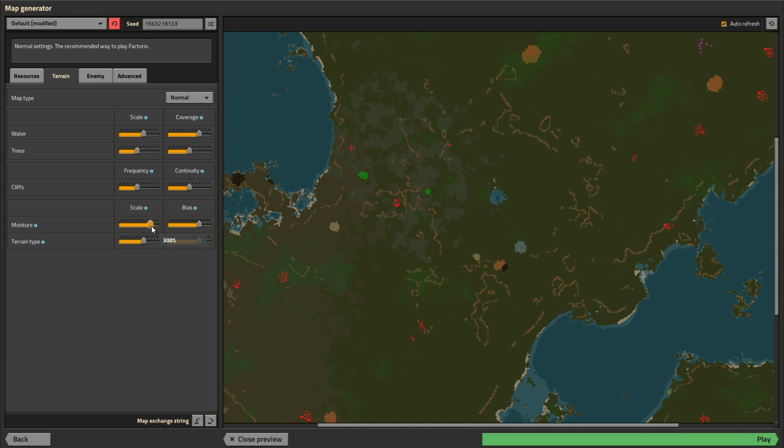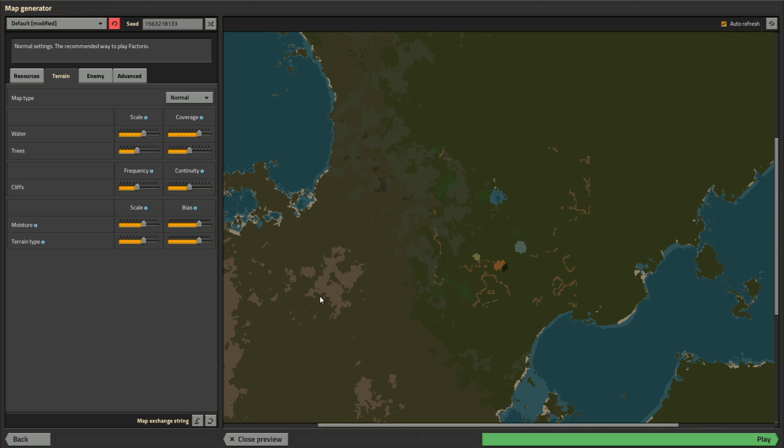Ooh, that is so green. Oh, and trees and stuff like that. How was it before? Oh, still a decent amount of trees. Okay, I think let's